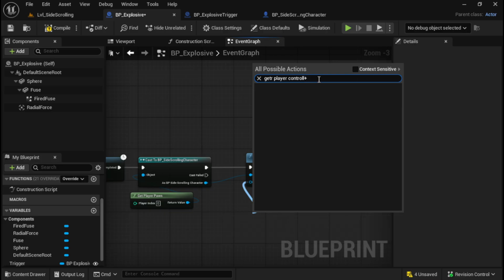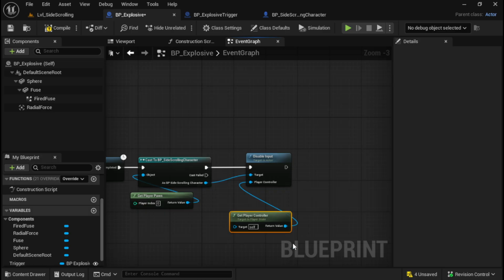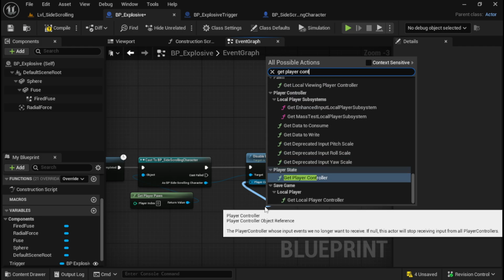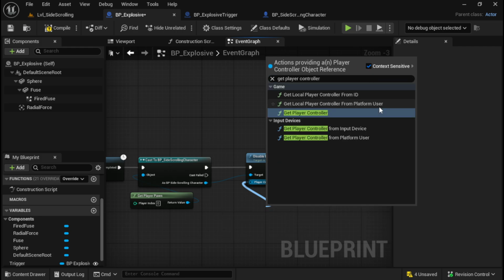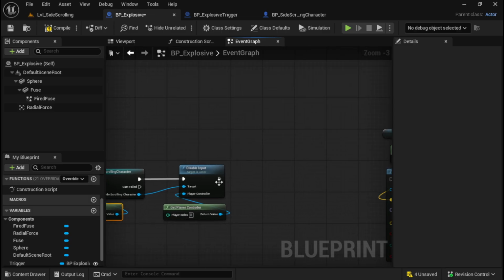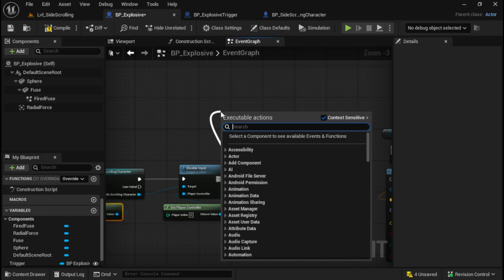Let me go ahead and, oh, I spelled get wrong. That's why it's acting all crazy. There we go. Okay. And actually, this is not quite the one I'm looking for. I don't want one that gets player state. There are a number of different things you can get there, so you got to be kind of careful looking for this one. Let me see if that helps us out a lot. Okay, yeah, I think that's going to get us what we want there. Okay, yeah, we want to get that one that says player index 0, just like we have for our pawn. Okay, from there, we're going to drag off the execution pin there, and we're going to